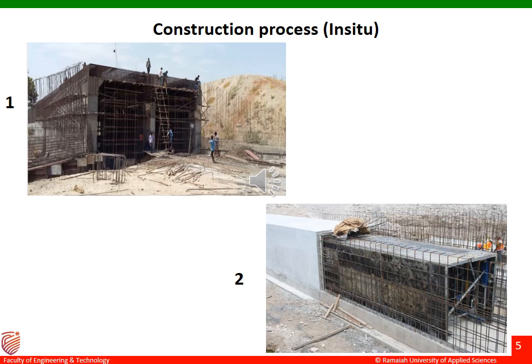types of structures, even if you take a building. Always the cracks start forming from the corners. The reason for the formation of the cracks is that when any structure is subjected to loading, the stress concentration will be more at the corners. So normally the cracks start forming from the corners, and then propagate into the remaining part. Coming to the box culvert also, when it is subjected to loading,